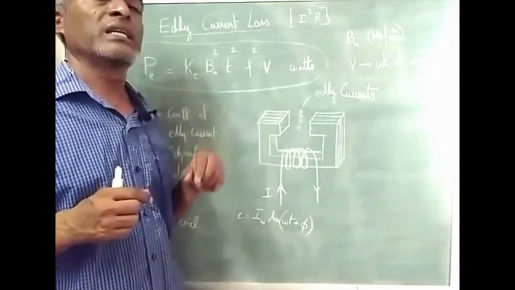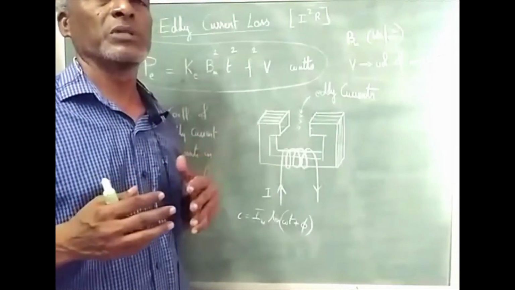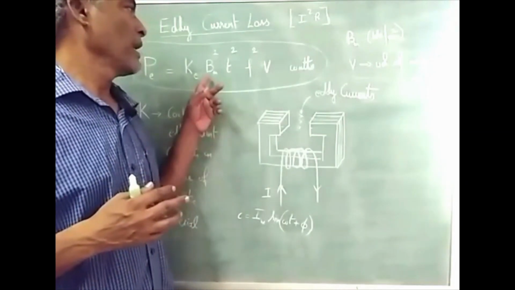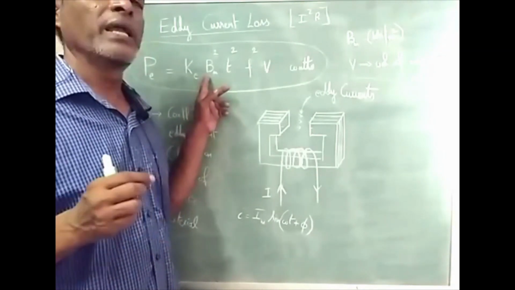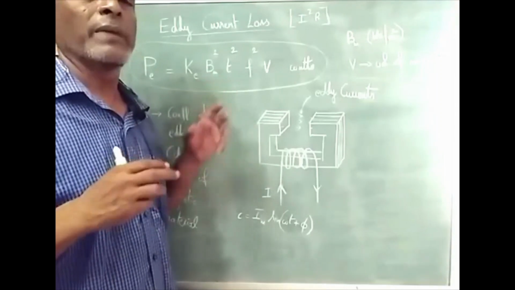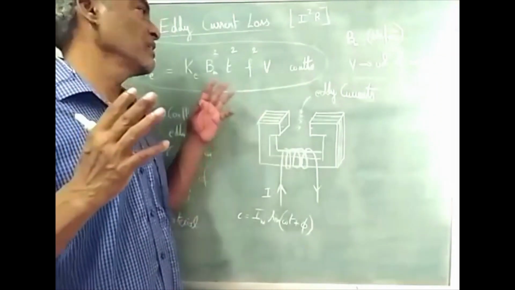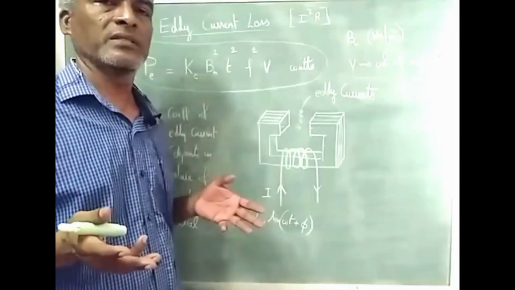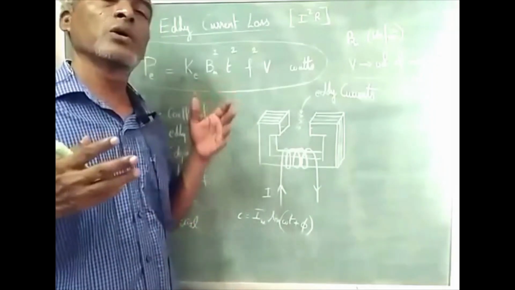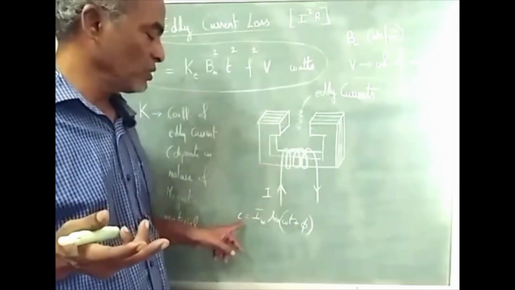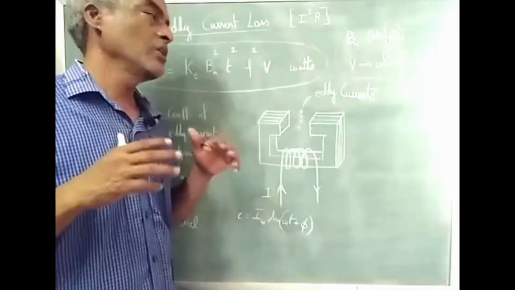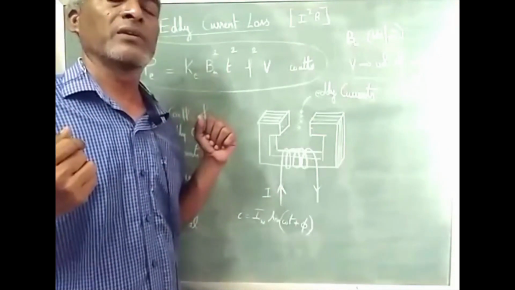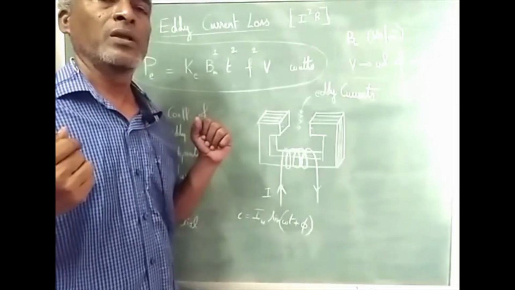The second thing is magnetic flux density, which is in Webers per meter square. Magnetic flux density is B, that is phi by A. As the magnetic flux increases, the magnetic flux density also increases. How will it increase? If the magnitude of the current, this Im, is maximum, then you will have maximum magnetic flux density.